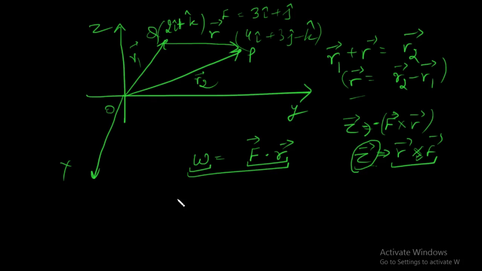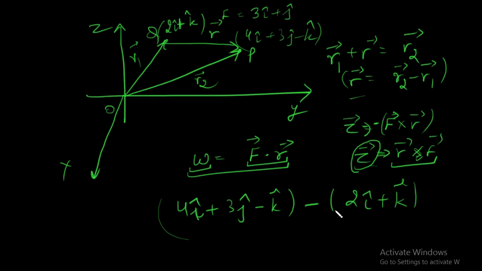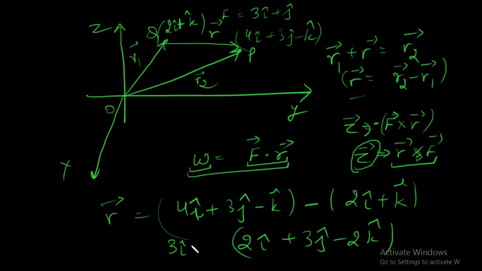So what is r2 minus r1? We see 4i plus 3j minus k minus 2i plus k. So this becomes 2i plus 3j minus 2k, and this is r, and F dot r will become 3i plus